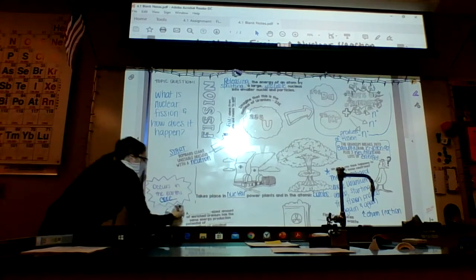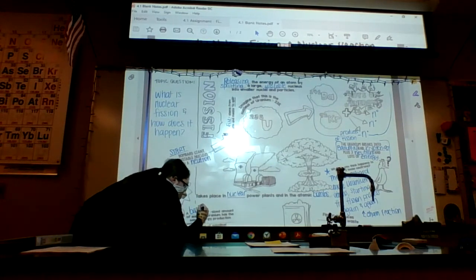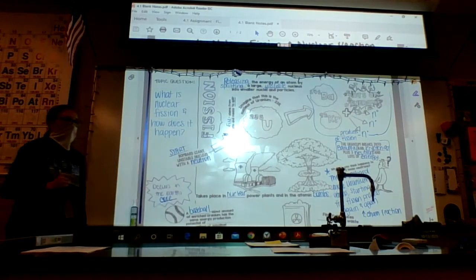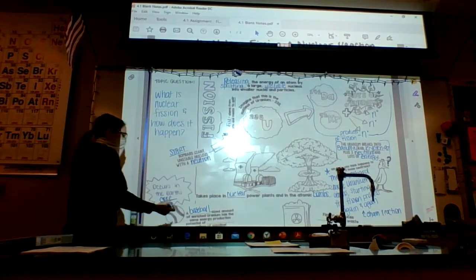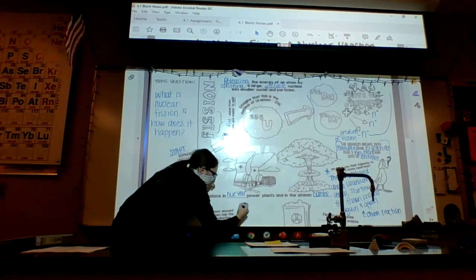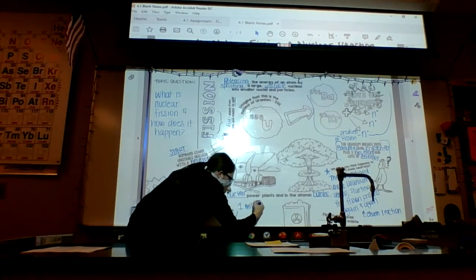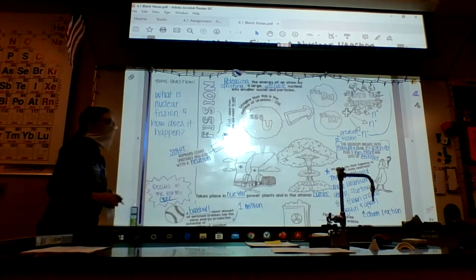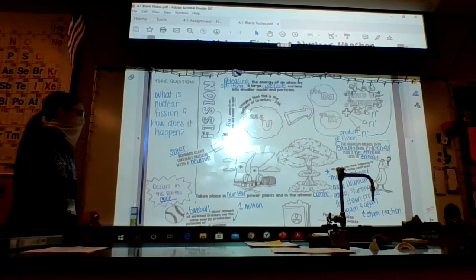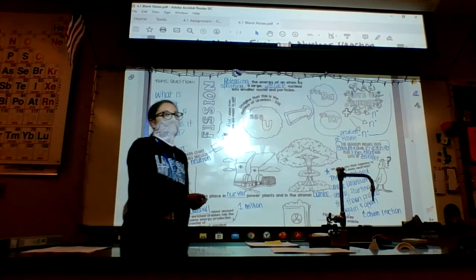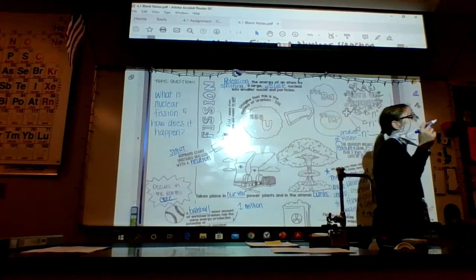A baseball-sized amount of enriched uranium has the same energy production potential of 1 million gallons of gasoline. That's crazy. So if I throw in a baseball of uranium in my car, it'll just go forever. If you have neutrons. So it would be really cool if we could use that to power our cars one day. It would be very cheap, but we'll see. Okay, so that's a good thing: fission produces lots and lots of energy over and over again.